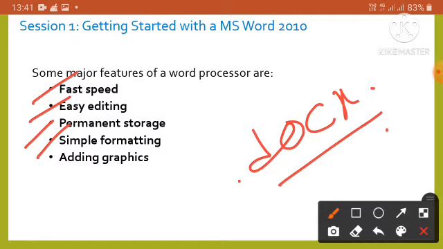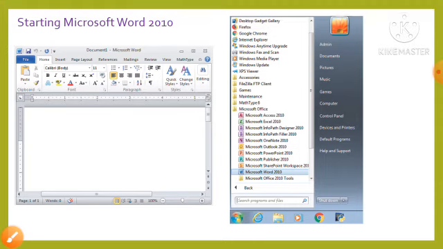For example, we can change the text of our document to bold, italic or different types of fonts. And at last, adding graphics, which facilitates insertion of pictures, diagrams and other visual elements into text documents to make our document attractive and flexible.